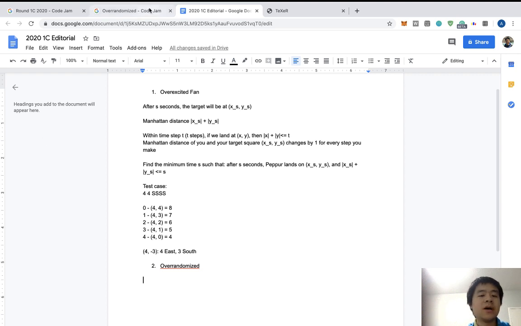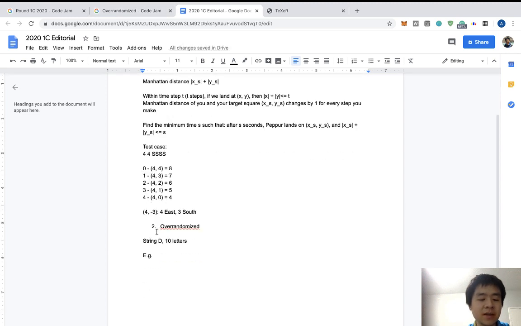okay, so how it works is that you have a string D, 10 letters. Let's say the string is named as CodeJam Fun. Okay,